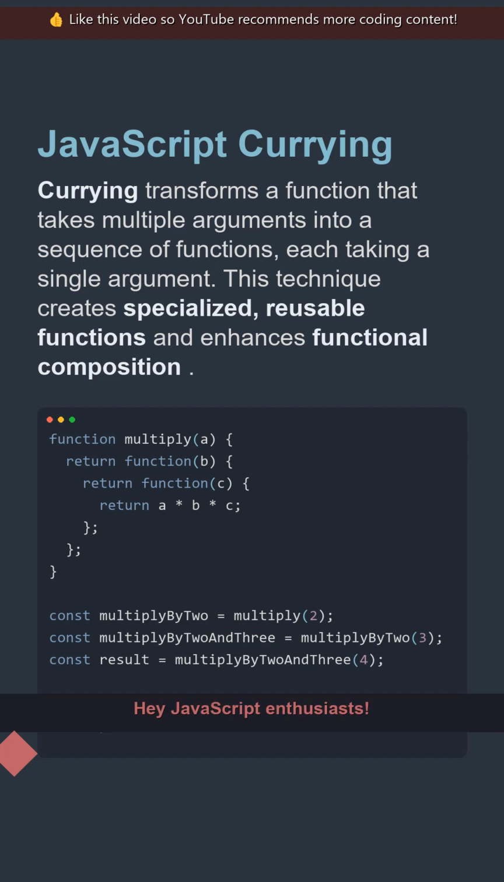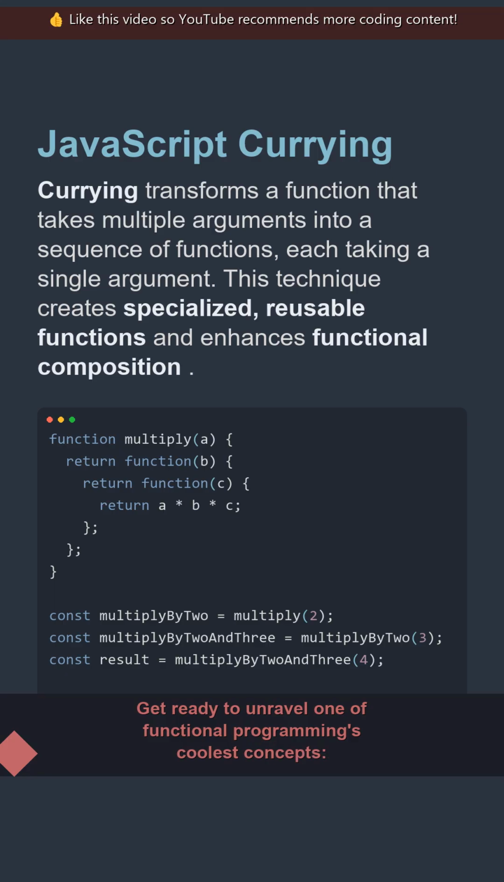Hey JavaScript enthusiasts! Get ready to unravel one of functional programming's coolest concepts, currying. This powerful technique isn't just a fancy word, it's a way to transform your functions, making them more flexible, reusable, and composable. You'll find it incredibly useful when building highly configurable systems or creating specialized utility functions that adapt to